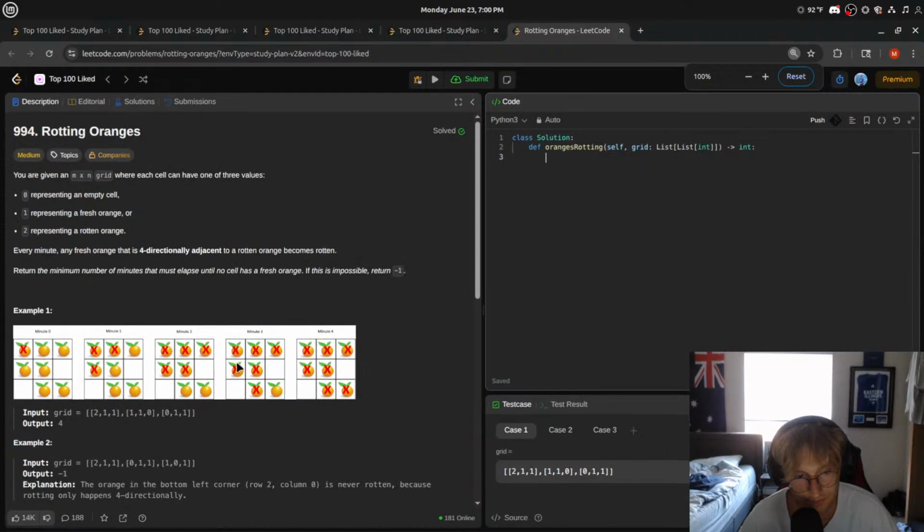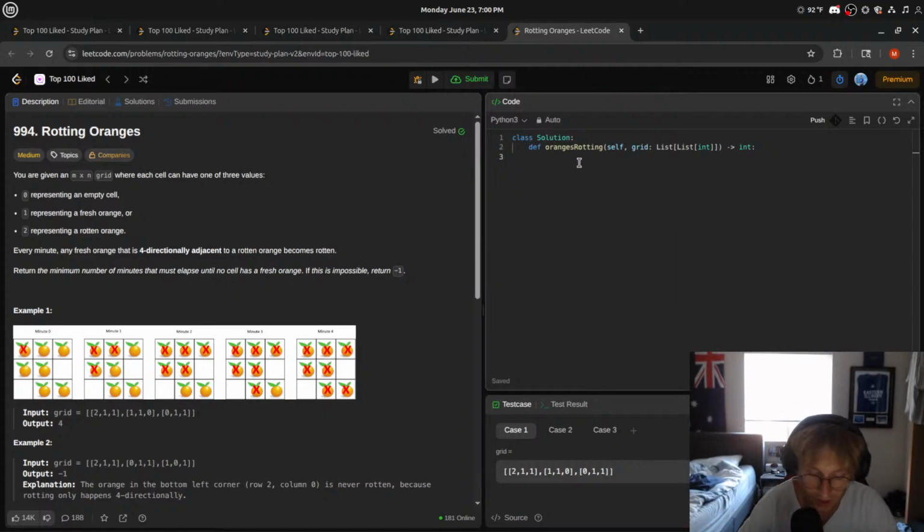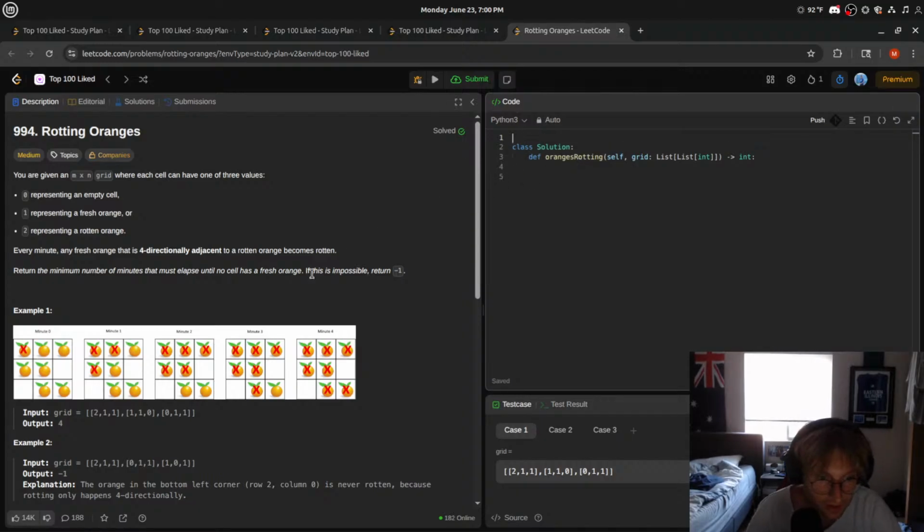For any sort of graph problem like this, I instantly think it can be one of two: either a DFS or a BFS problem. In this case, I'm probably just going to do a BFS because I feel like this is more suitable, since we're looking at a 4-directionally adjacent graph here. So really we can explore north, south, west, and east in one sitting. So probably